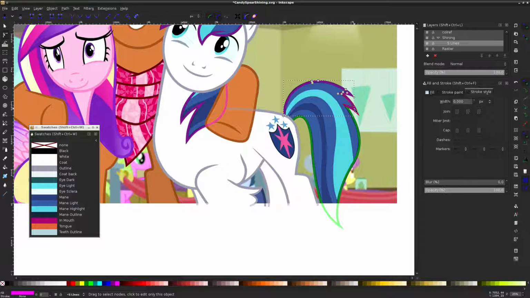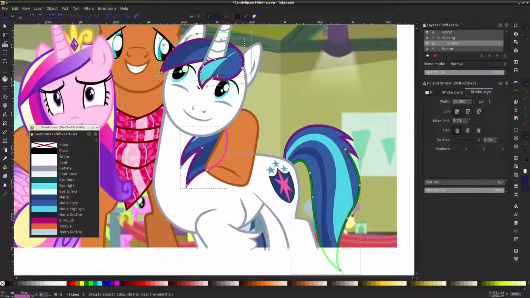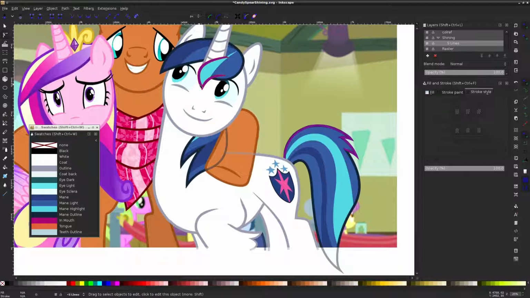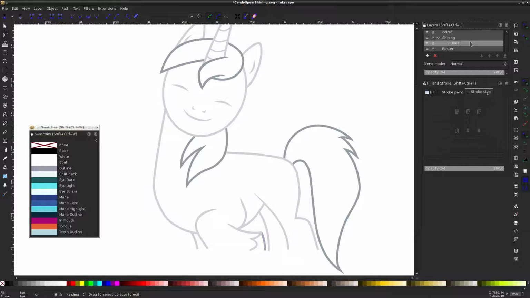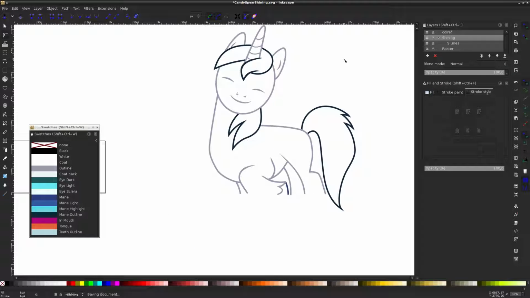But back to the topic at hand. Fixing this up. No, these are both strokes. That's a stroke as well. That's not a stroke. So we do main outline on the stroke color, and here on the fill color, main outline. Let's hide it, and yeah, we can see this is going to be shining armor. Not bad. Now for the least pleasant part,